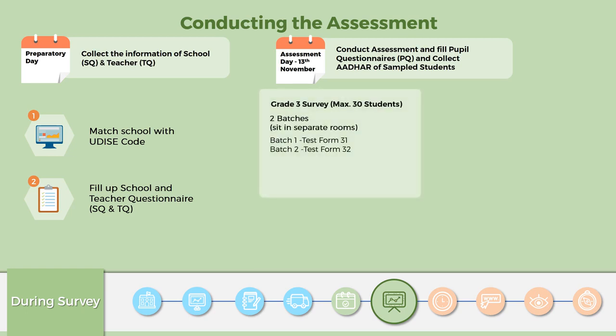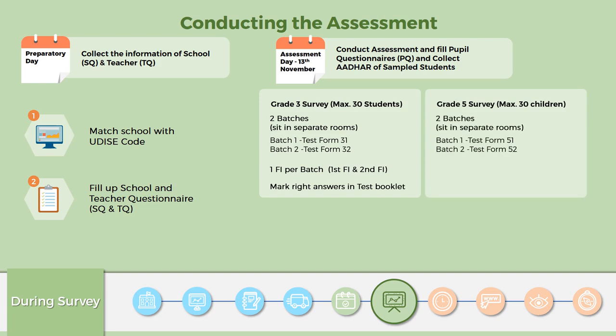In the first session, 2 FI, first and second FI, will conduct assessment with maximum 30 children. They will divide children in 2 batches. To batch 1, test form number 31 will be given. To batch 2, test form number 32 will be given. One FI will be appointed in each batch. After completing in grade 3, assessment will be conducted in the same manner